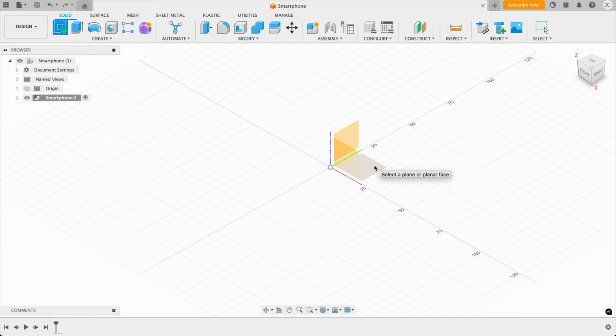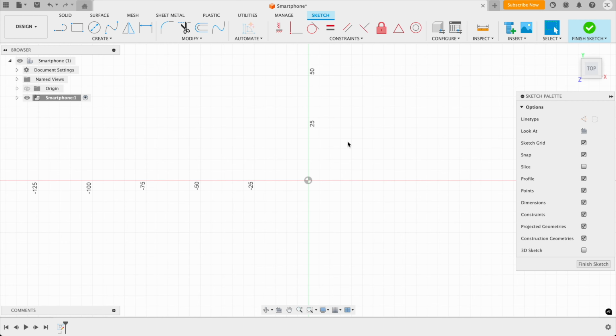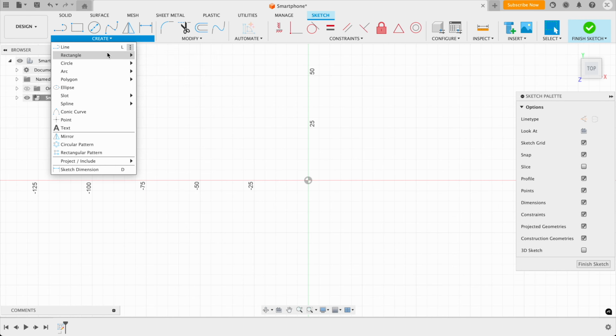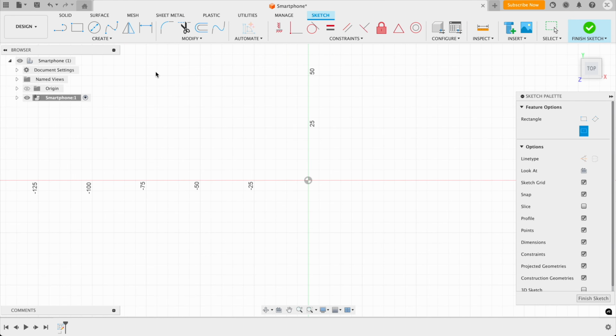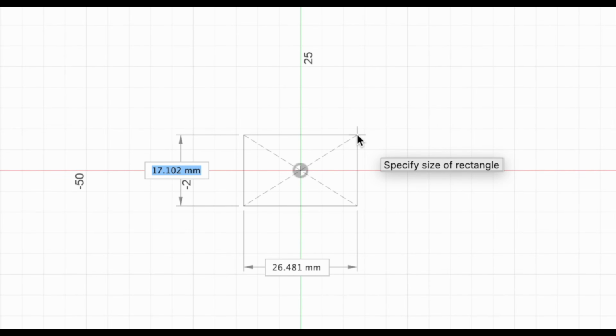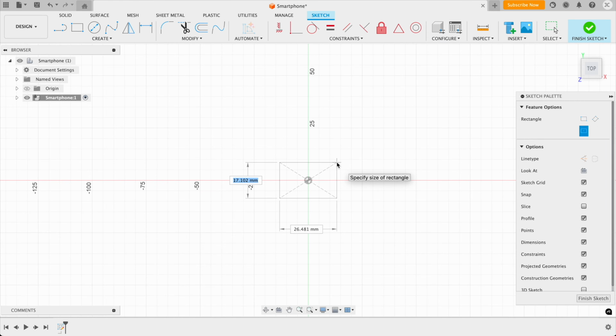And then this rotates the view to show the plane that we're drawing on. And for this model, we want to create a rectangle. So I'm going to click on this create here, and I'm going to click on rectangle, and then I'll click on this center rectangle. For this model, we want to use a center rectangle. Now, there's many ways we can do this, but it's good practice to draw your model starting from the center point if you can. Clicking on the middle center point constrains your model, and now we can type in the dimensions. And just a quick note here, the dimension is already selected. So you don't need to try and click on it, it's already selected and you can just type in the dimensions that you want. So this smartphone is going to be 145mm long,